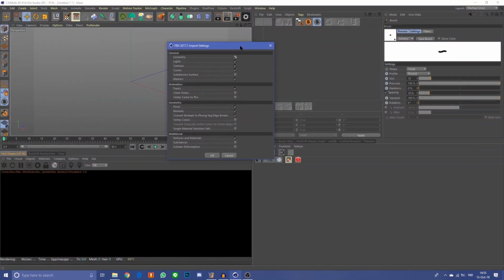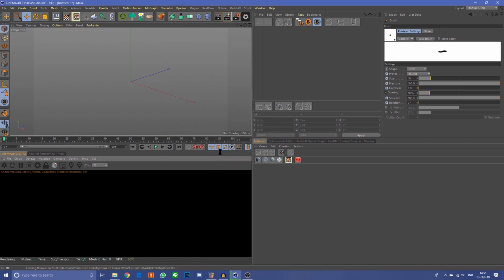Okay, so leave everything to default. I'm not even sure if this is default, but none of this really matters as long as this is correct. The tracks, like, there's no difference in this. So what I want to highlight is you need to check the convert normals to Phong tag, because I found it to be the best. And